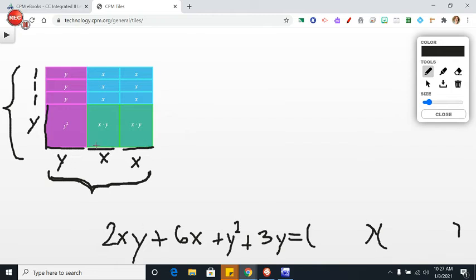Okay, so the length, this would be y plus x plus x, which would be y plus 2x. And then the width would be y plus 1 plus 1 plus 1, which would be y plus 3. So for the check-in, you should have this as an answer. Okay, and then we moved on to the next question,